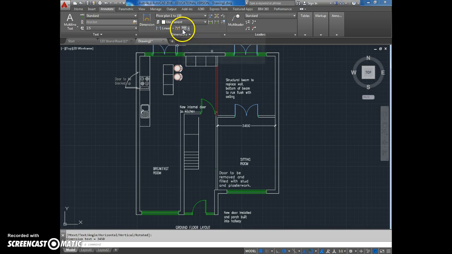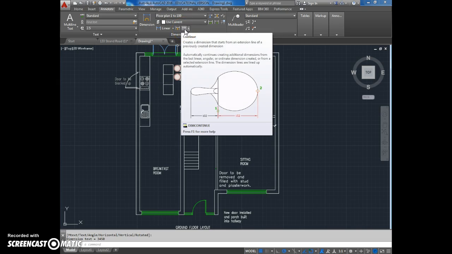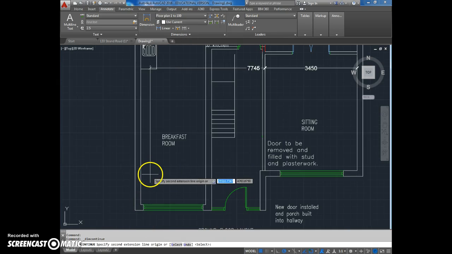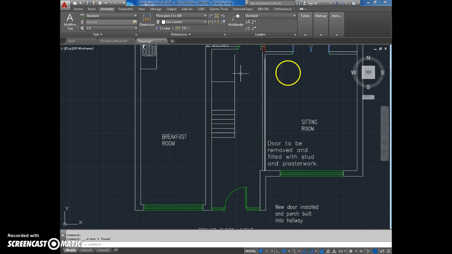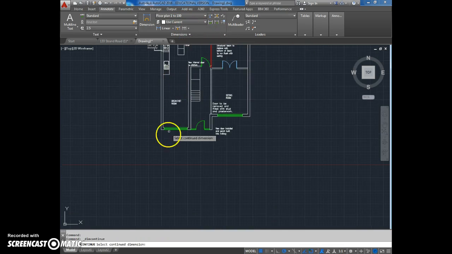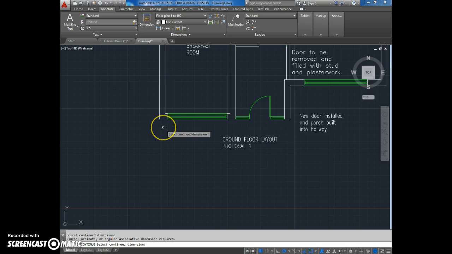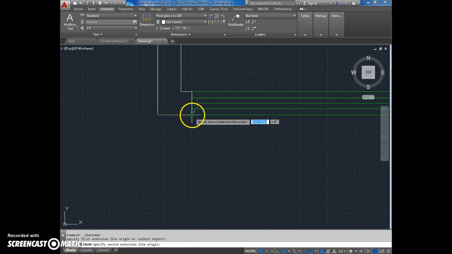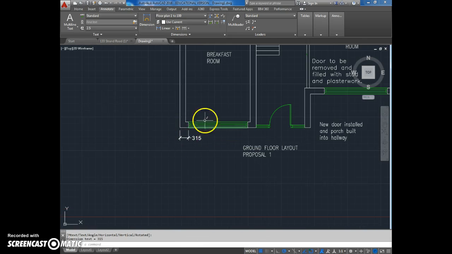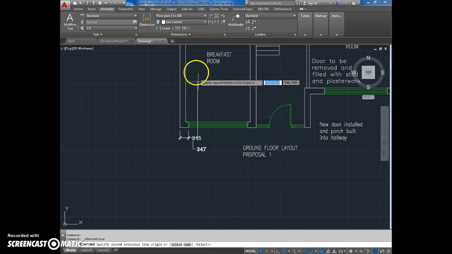Now there's another thing here that we can use. We can use a quick dimension, or we can use continuous dimensions. So let's say I use continuous dimensions. We just delete this one first and go with continuous dimensions, and let's say we wanted to do it along the front. Sorry, we'll put in a dimension first. So let's say I wanted to put along the front here to here. So that's 315. Now I wanted to continue my dimension. I just click on each point there,